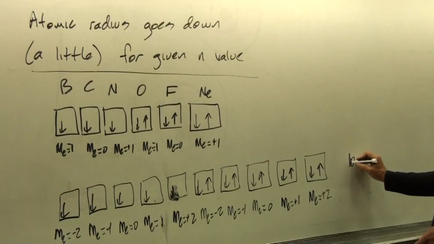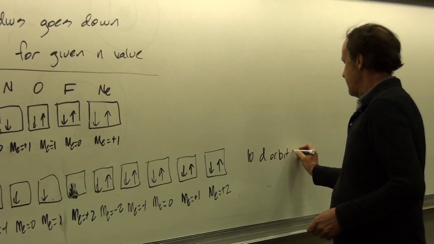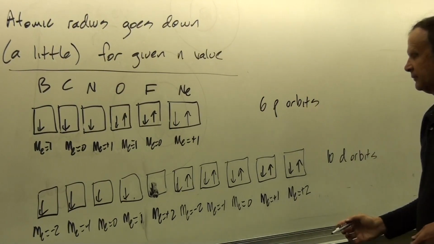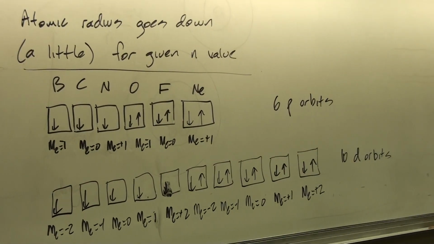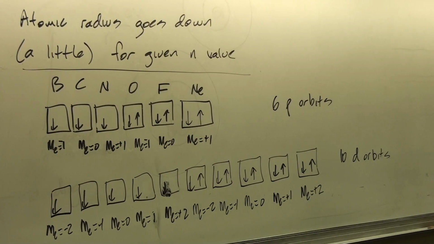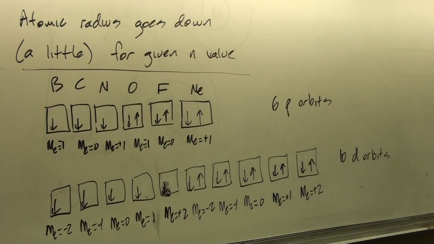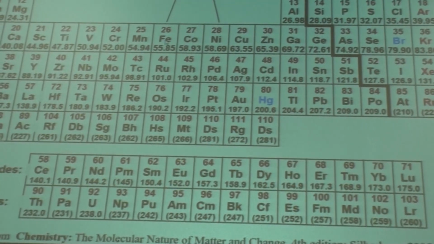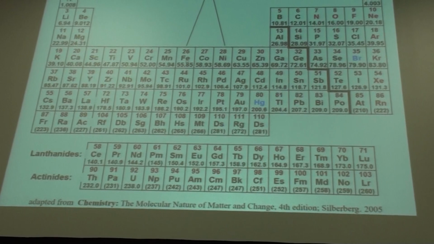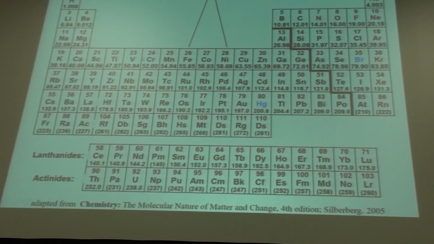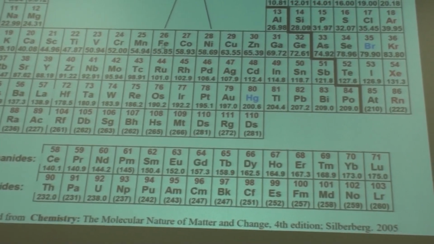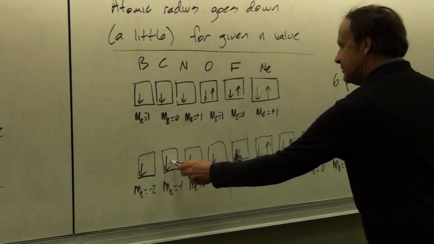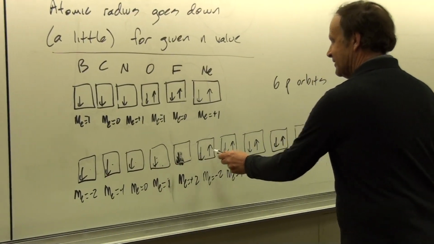So this is 10 d orbits. We have 6 p orbits. And so this is, roughly speaking then, the filling order for the elements on the periodic table. Now if we go back up and we look at a d orbit here, what we see is that element number 26 is iron. That's 1, 2, 3, 4, 5, 6 along. And so here, if we come back down, we see how this corresponds to here. 1, 2, 3, 4, 5, 6.